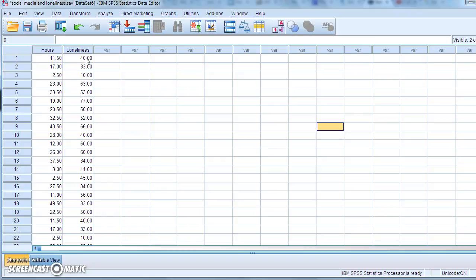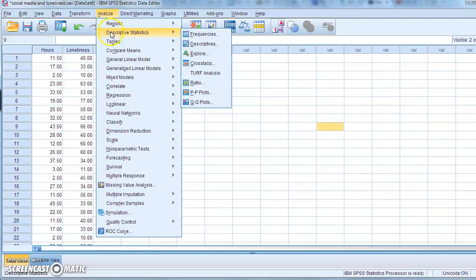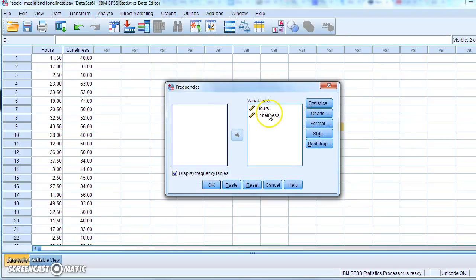So we can probably use a Pearson correlation, because the data are okay to do that, so long as the data meet other parametric assumptions in terms of skewness and outliers. So let's have a look at that. So analyze here, let's go to descriptive statistics and frequencies. If you're used to obtaining information through the Explore menu, that's fine to do that. You can get skewness statistics to do that too.